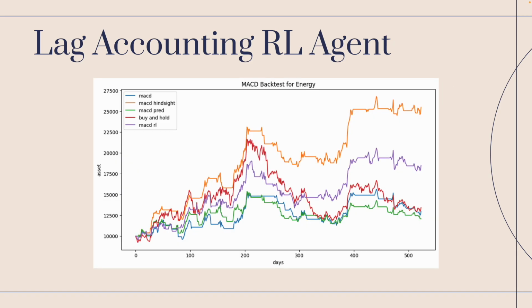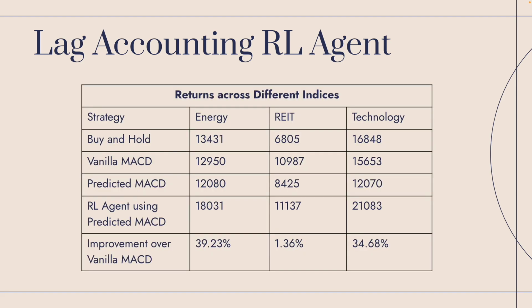As you can see in this diagram, the RL agent that has been tuned to anticipate crossover actually makes very similar trades to the strategy produced by the hindsight indicator and is able to attain substantial returns, as demonstrated by the purple line. In this table, we showcase the returns of the lag accounting RL agent against the other strategies. We observe that with the exception of the real estate index, the RL agent is able to achieve substantial improvement over